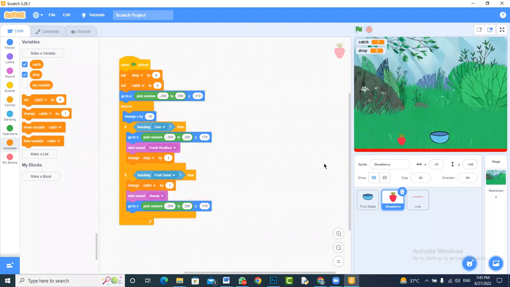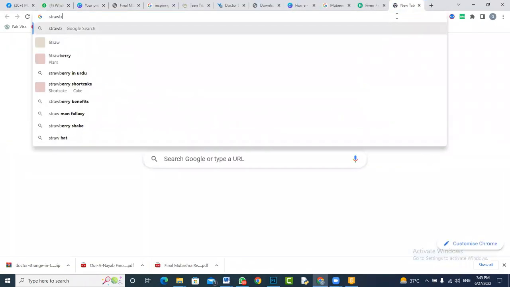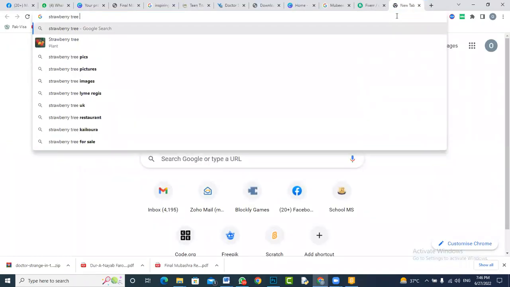मैं वो भी आपको दिखा देता हूँ. आप इस इंटरनेट पे जाएंगे गूगल पे, और लेट्स से कि आप लिखते हैं स्ट्रॉबेरी